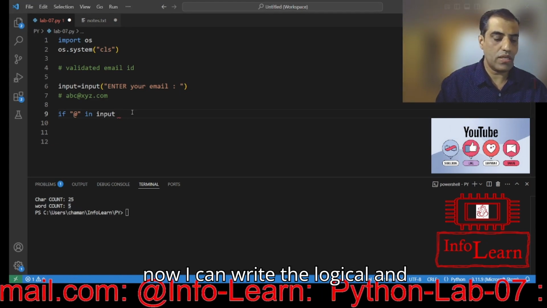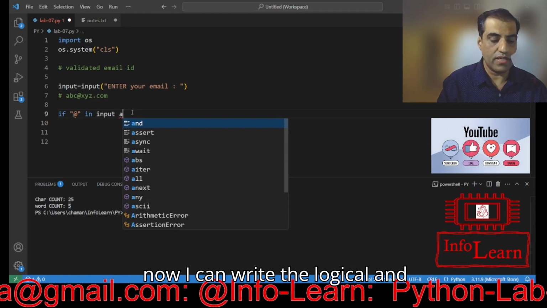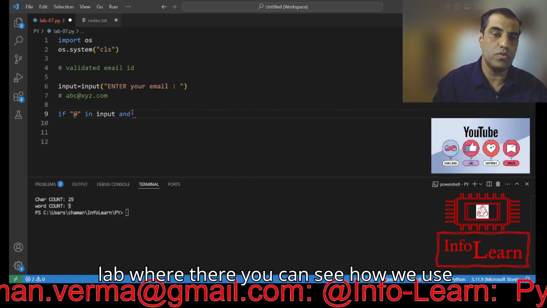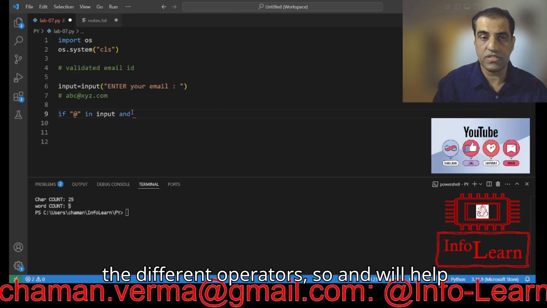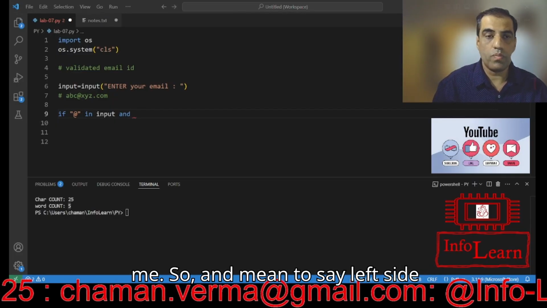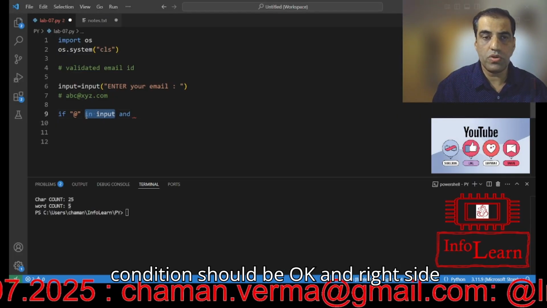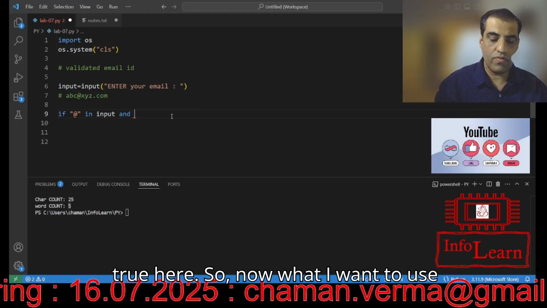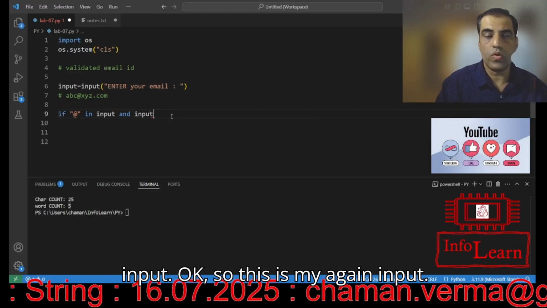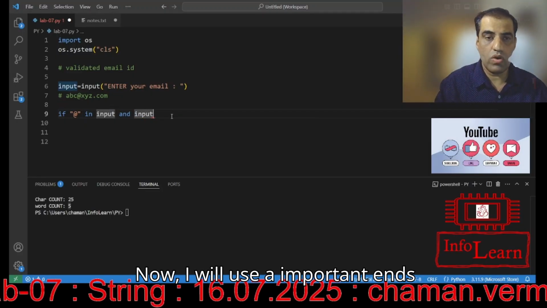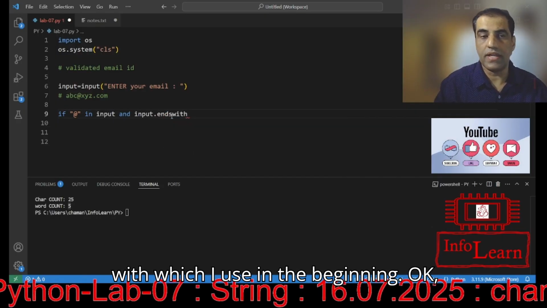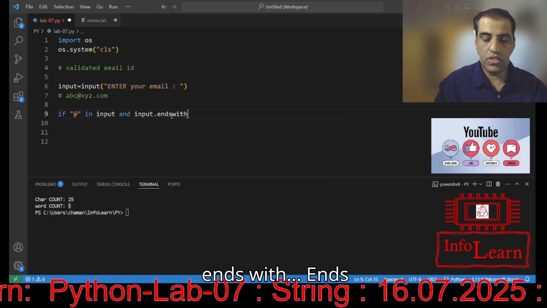Now I can write the logical and. Please go to my operators lecture lab, where you can see how we use the different operators. So and will help me. And means the left side condition should be okay and the right side condition should be okay, both should be true here. So now what I want to use is input. Okay, so this is my input again. Now I will use the important endswith, which I used in the beginning. Okay, endswith